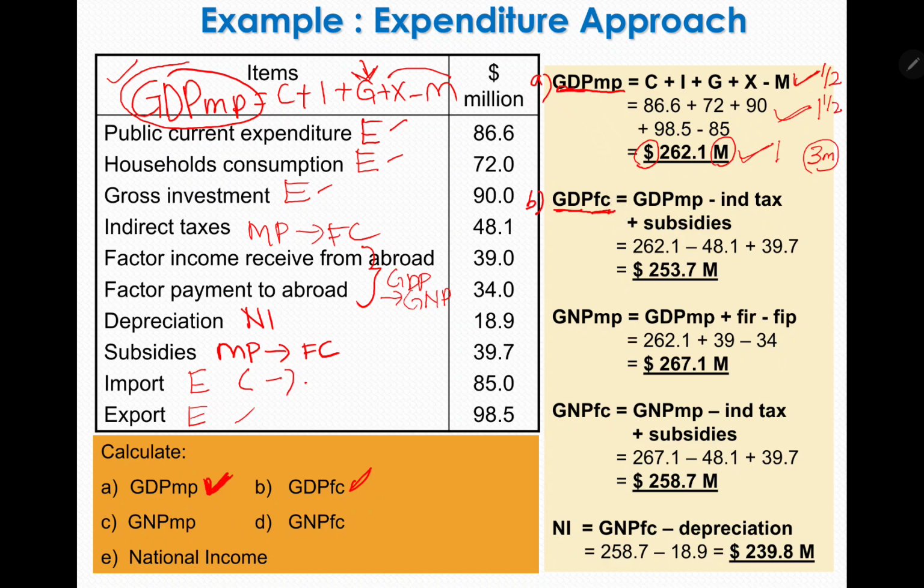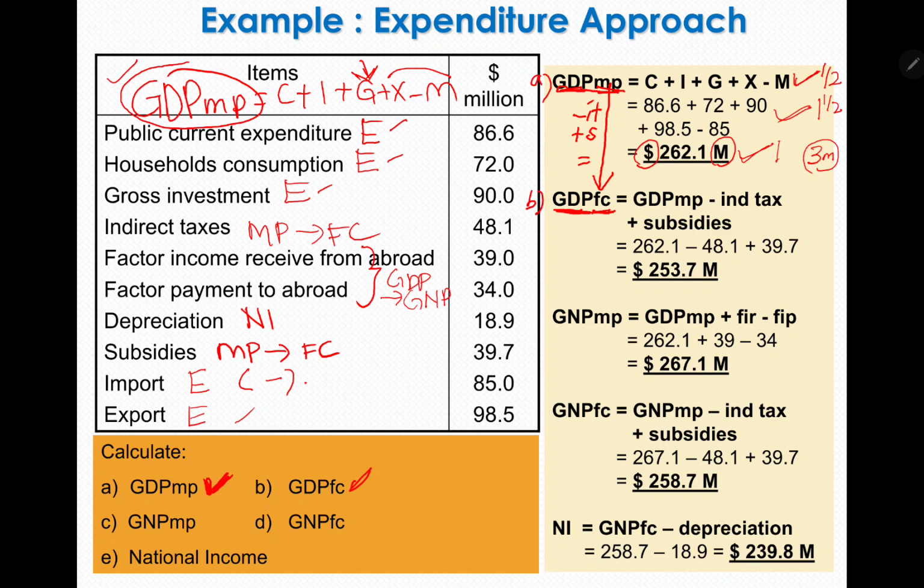So this is GDP, this is GDP, means you don't have to bother on the first part. But for the second part, MP, this is FC, means you need to convert this from market price to factor cost. So go to the formula. From market price to factor cost, what should you do? You need to minus indirect tax, and you need to plus subsidies, and this will give you the answer for